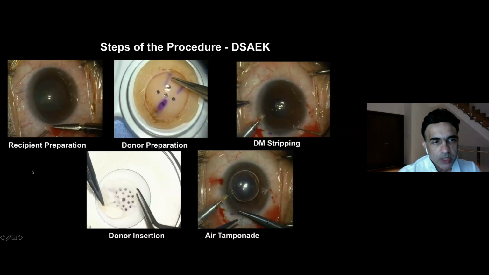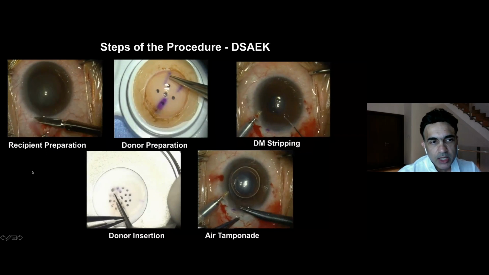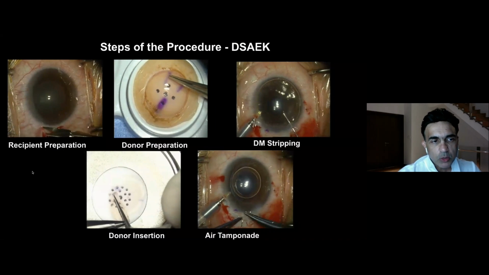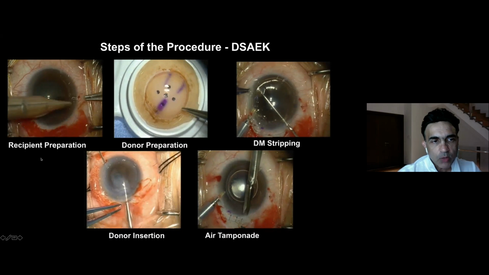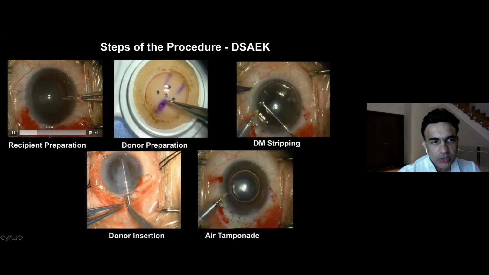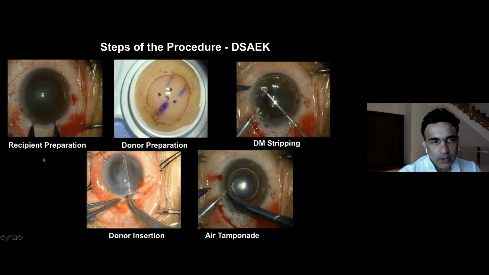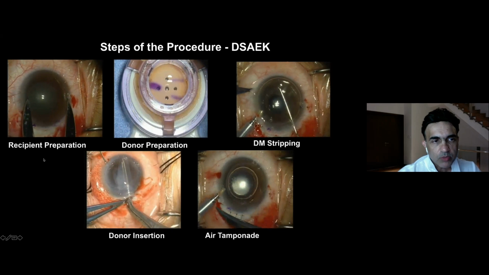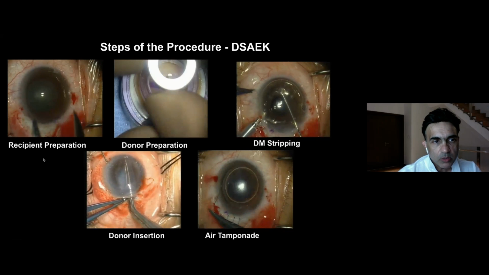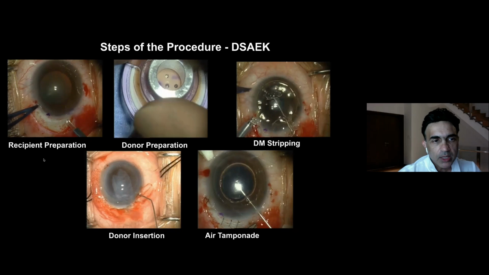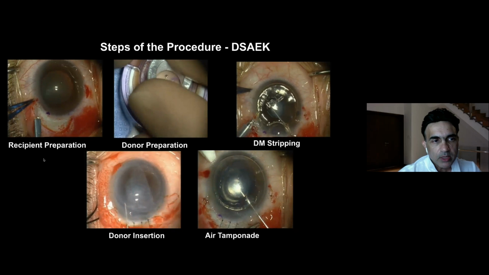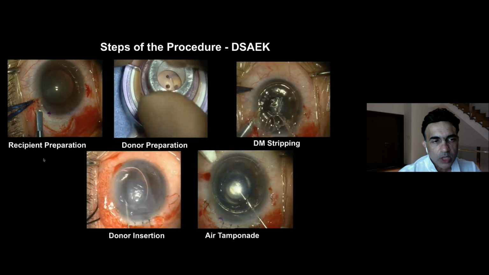The first bit is the recipient preparation. Now, I prefer to do a scleral tunnel. This is normally 4.5 millimeters in length. And normally we'll make a small paracentesis around the edge of the area of the sclera where we're going to do the marking. So just do a marking of the sclera. We're just measuring the size of the graft that's going to be used. And normally we'll do a small limbal tunnel, and then we will open this up using